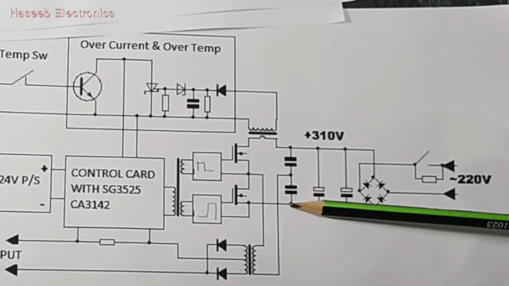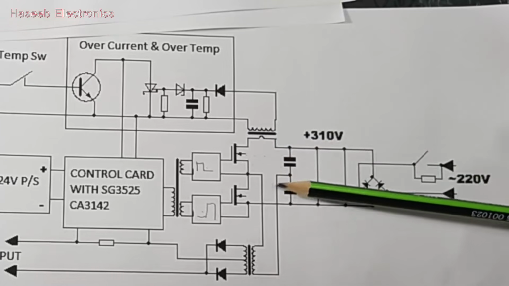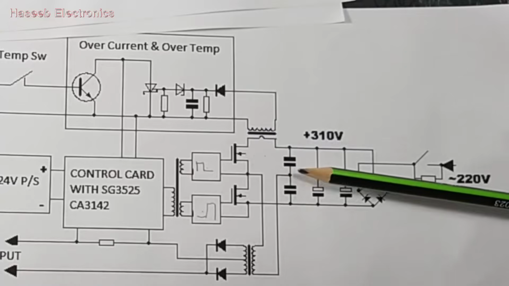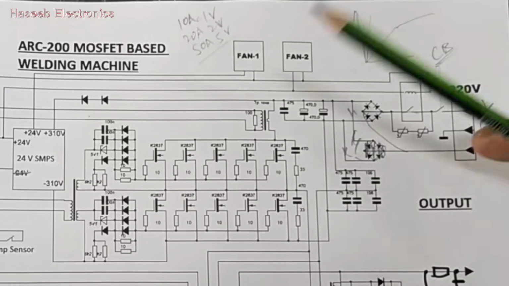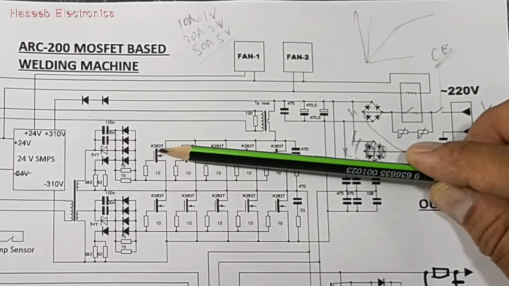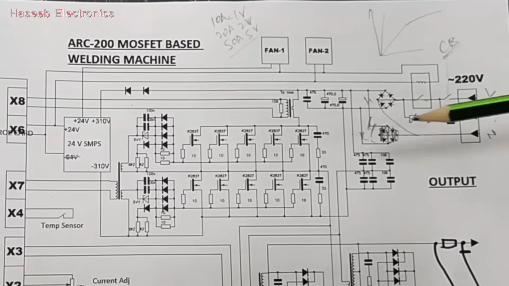Because this is ground, this is positive, and this is more positive, since capacitors in series make a voltage divider network similar to a resistor. To increase the amount of current, 5, 6 or 4 MOSFETs are used in parallel. Now here